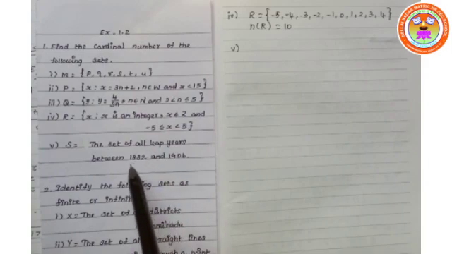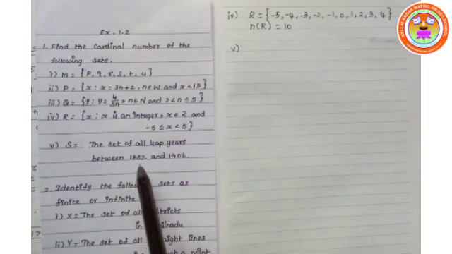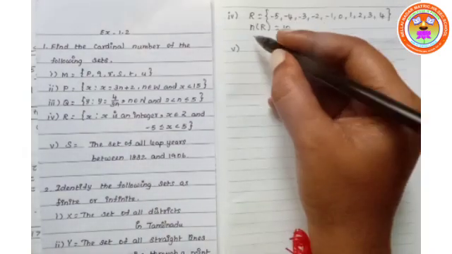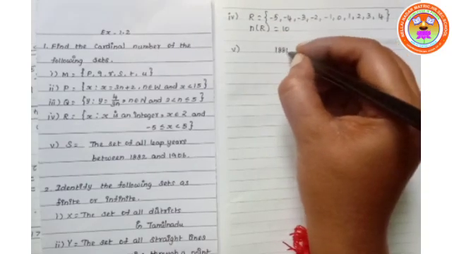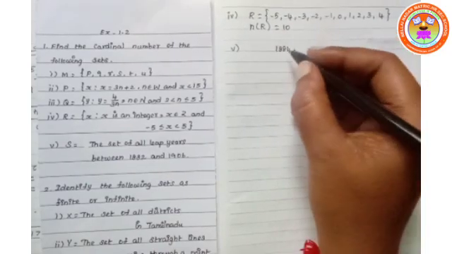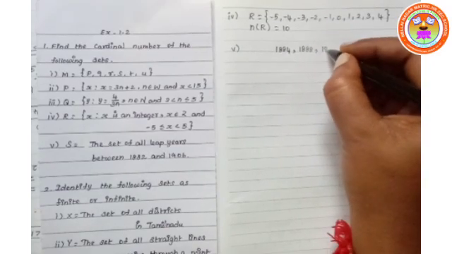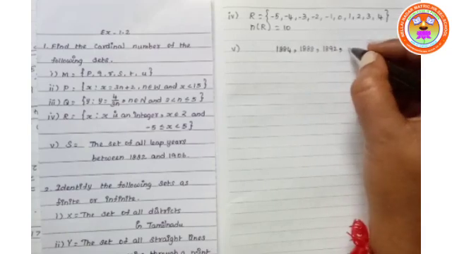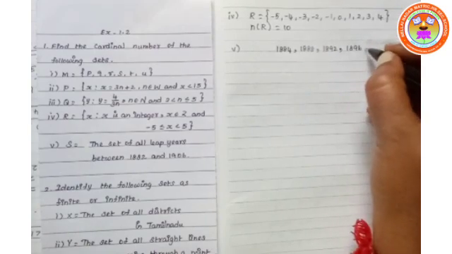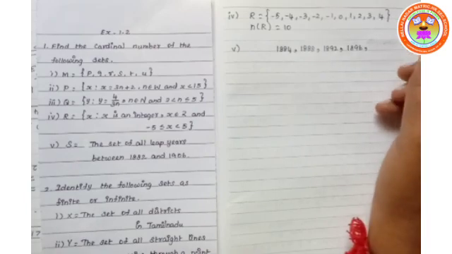So, first consider the starting year, 1882. Consider the last two digits: 82 is not divisible by 4, so the whole year is also not divisible by 4. What is the next number after 82 which is divisible by 4? 84. So, 1884. Next fourth year, 1888. Next fourth year, 1892. Next fourth year, 1896. And the next fourth year is 1900.